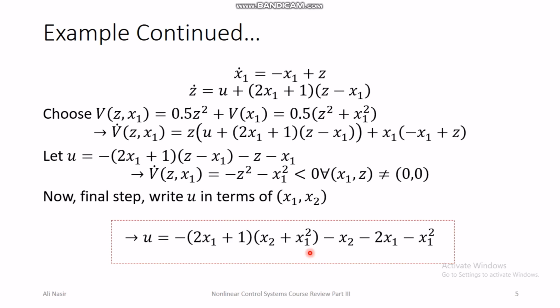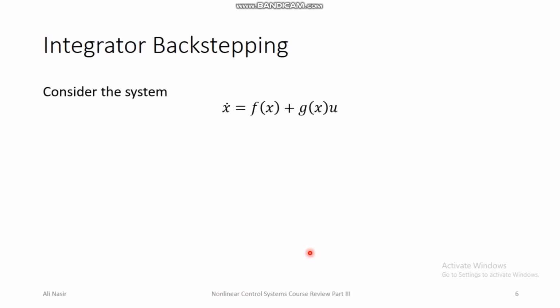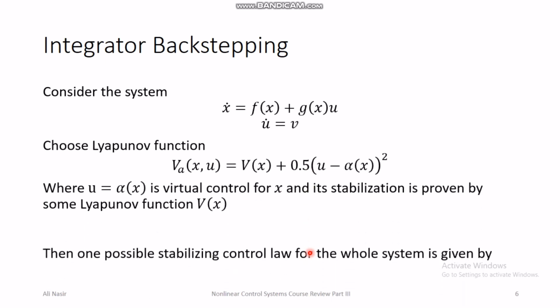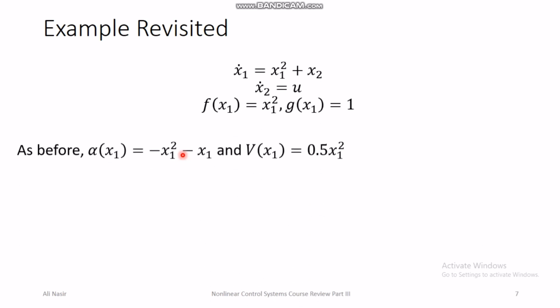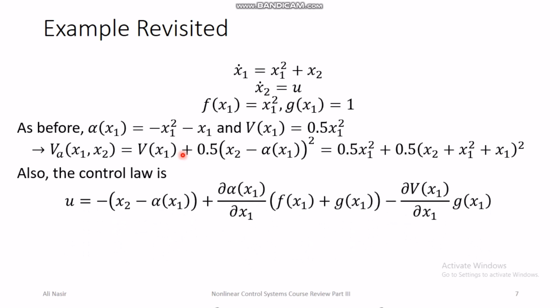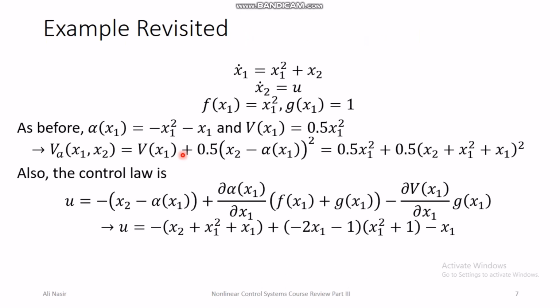Alright, so next we looked at integrator backstepping. This is the result which gives you freedom to design a controller with a lesser number of calculations, because it automatically gives you the solution of the second part of the backstepping feedback control design. The first part, which is to stabilize this system with virtual control, you still have to do, but after you have defined the virtual control, you can do the full control for the system using the given equations, and you don't have to do any additional calculations. So this is another control for the same system using integrator backstepping results.